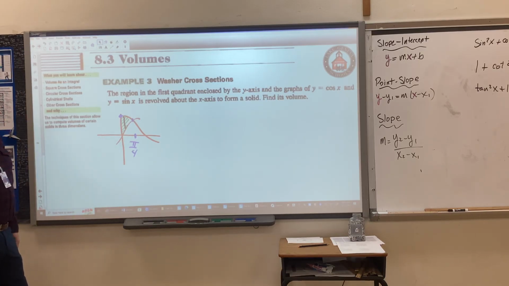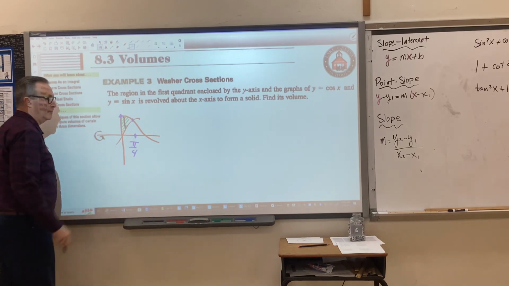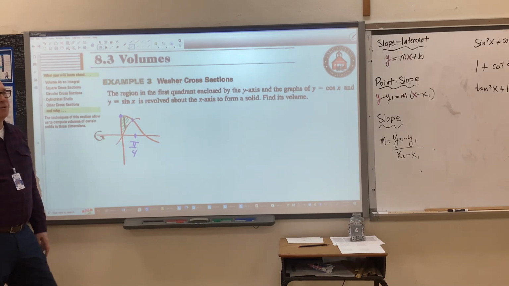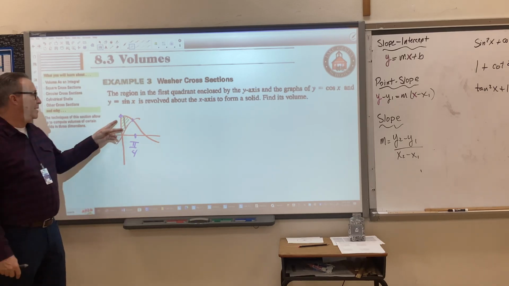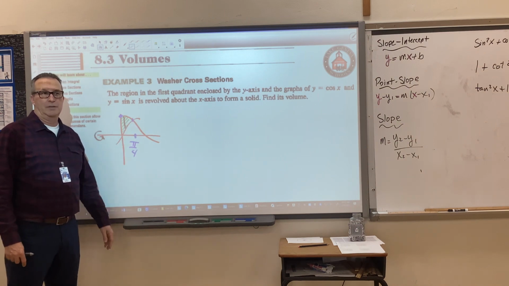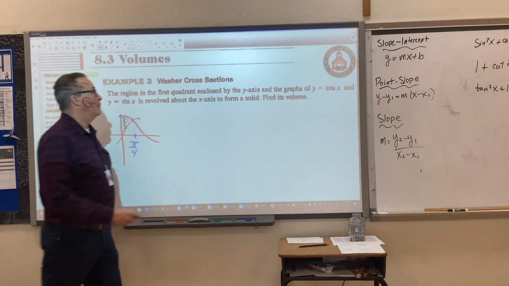Okay, so how are we going to find this volume revolved about the x-axis? We're going to use the washer method, or the shell method, or the disk method. Does the shaded part touch the axis of revolution over the whole interval? It does not. So we cannot use the disk method. We have to use the washer method. Washer, remember,